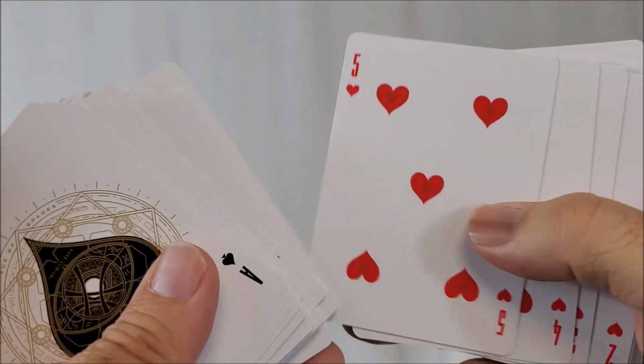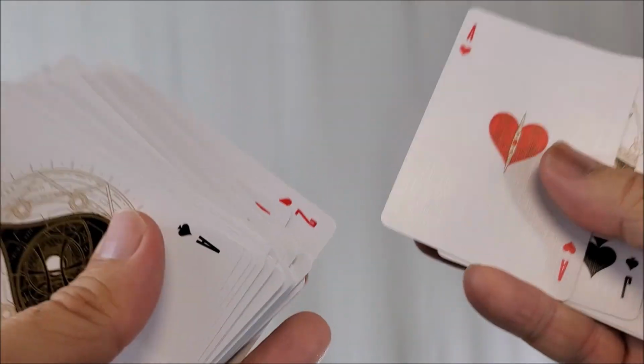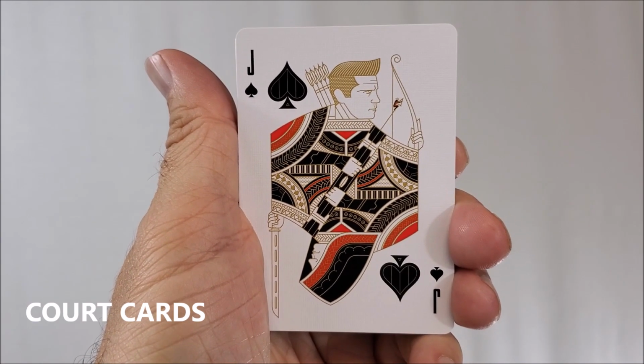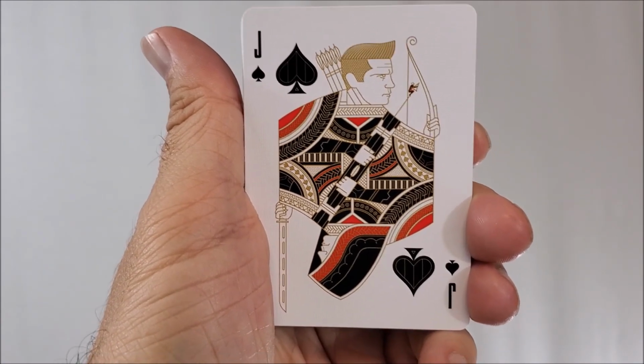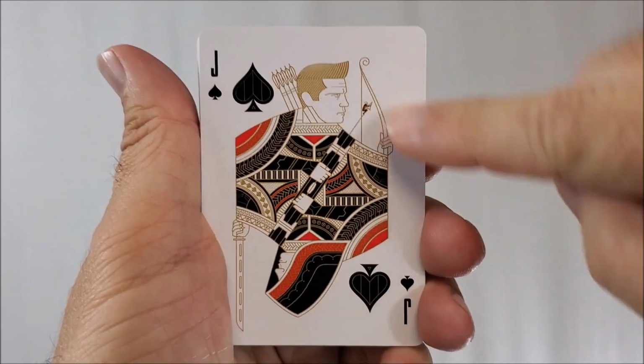The aces all represent different characters from the Marvel Universe as well that didn't make it onto the court cards. The court cards are all original artwork and very stylized as other Theory 11 decks. Your Jack of Spades is Hawkeye, who's Clint Barton, played by Jeremy Renner, and you're also going to notice that